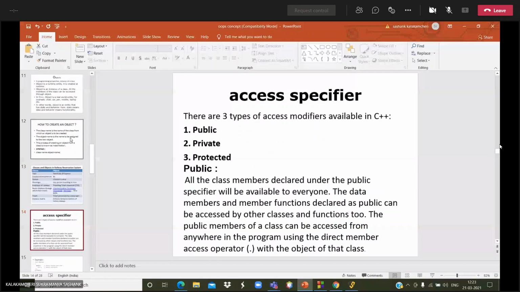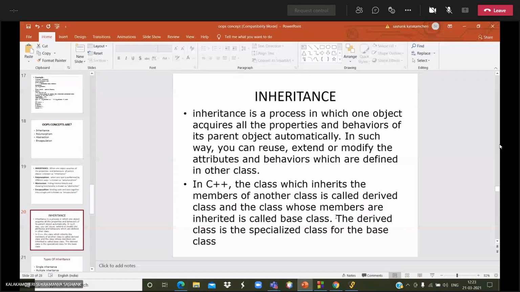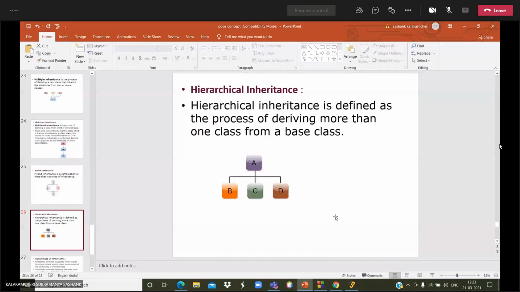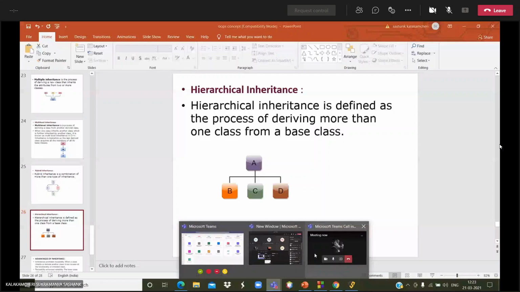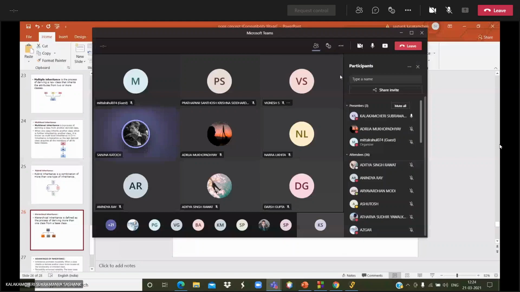We can see the demo examples for every OOPs concept and what the types are and so on. Any doubts? No doubts.